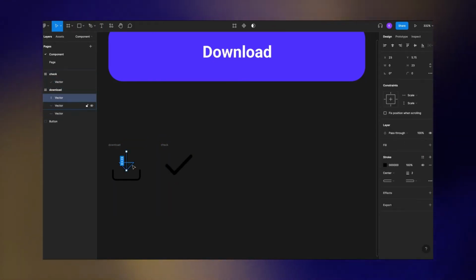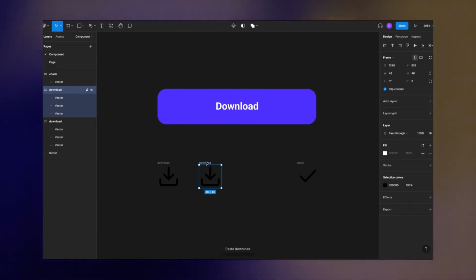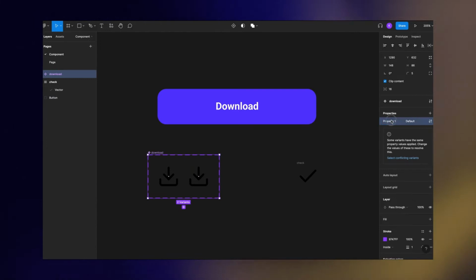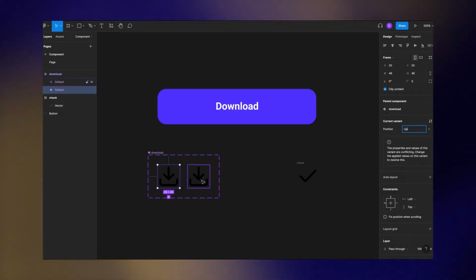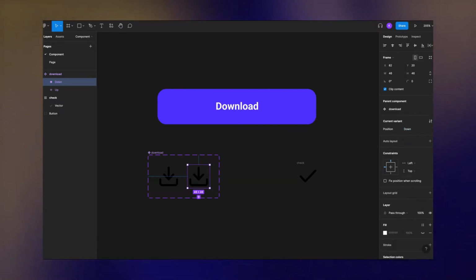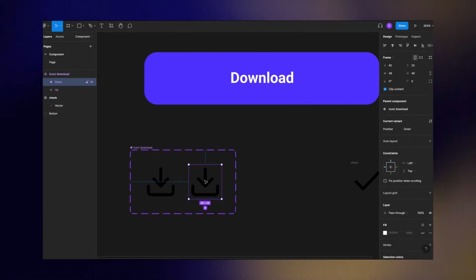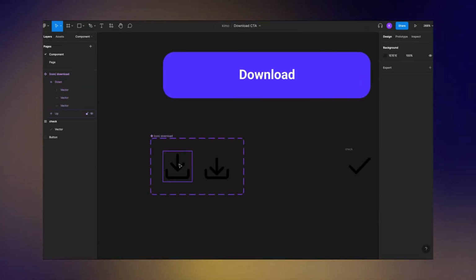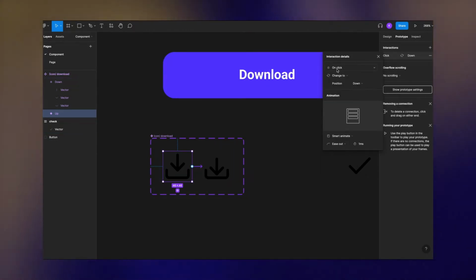I resize the icons and increase the border width a bit, and then duplicate the download icon and create a component set out of it. In order to create the loop animation in which the arrow is going up and down, I need 2 different variants of the same icon. In the right icon, I'm going to move the arrow a bit down, and the left one is going to be the default state. I go to the prototype panel, connect the left icon to the right one,